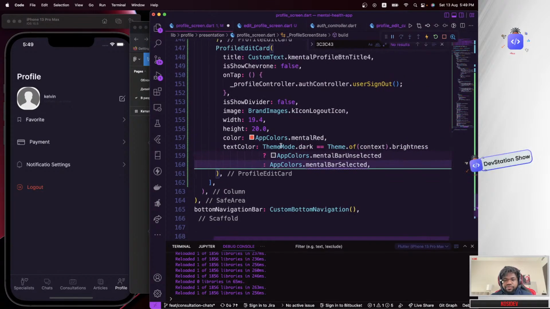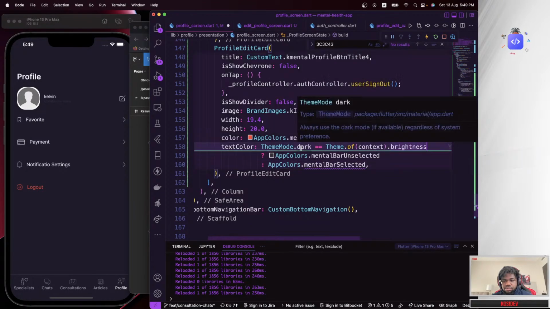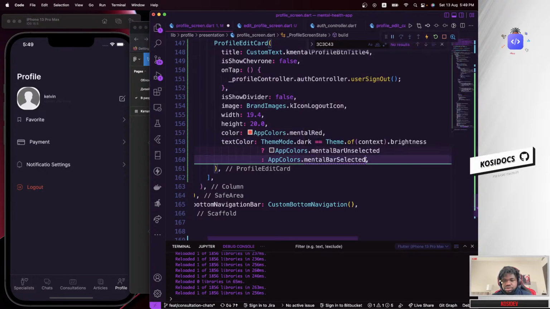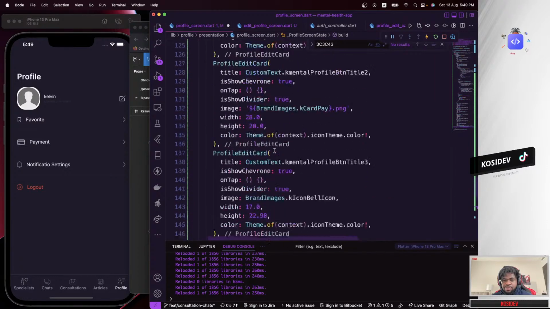So I'm going to say if theme.dark mode, if it's dark mode, if it's true, go ahead and use this theme color, see